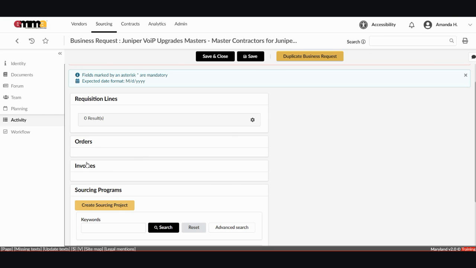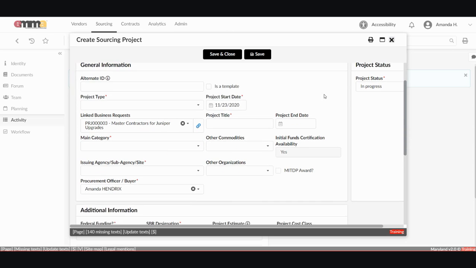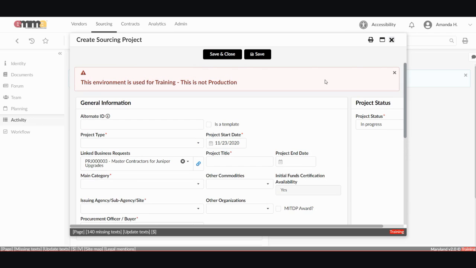So if we click on that, which is QRG step 22, it opens up the Create Sourcing Project tab. Now this pop-up window is the same information that you would need if you were going to create a sourcing project from scratch. And those processes are in QRG3, which is posted on the Office of State Procurement's website for creating a sourcing